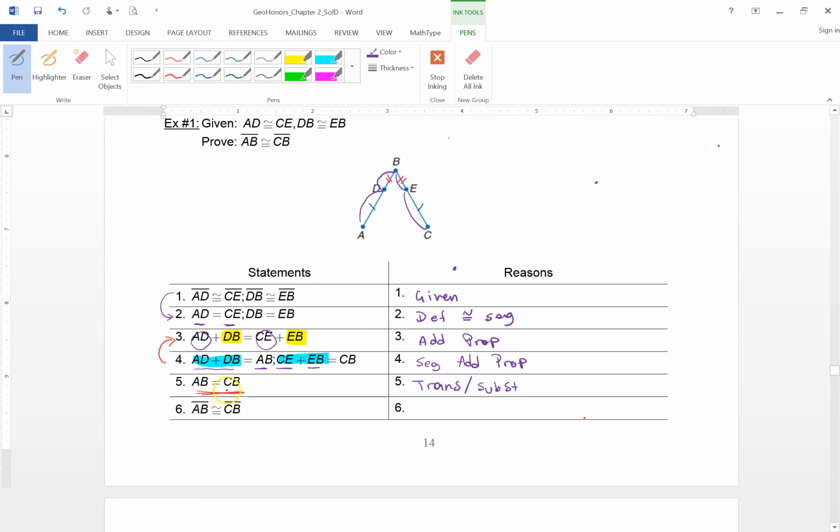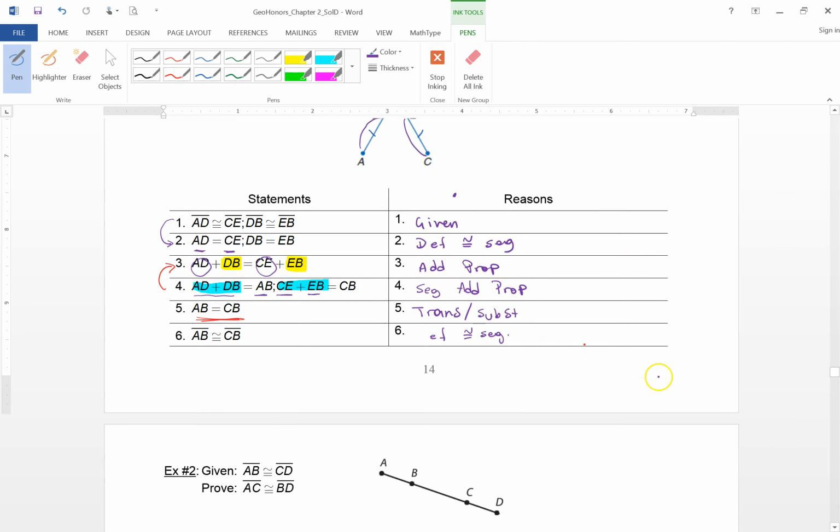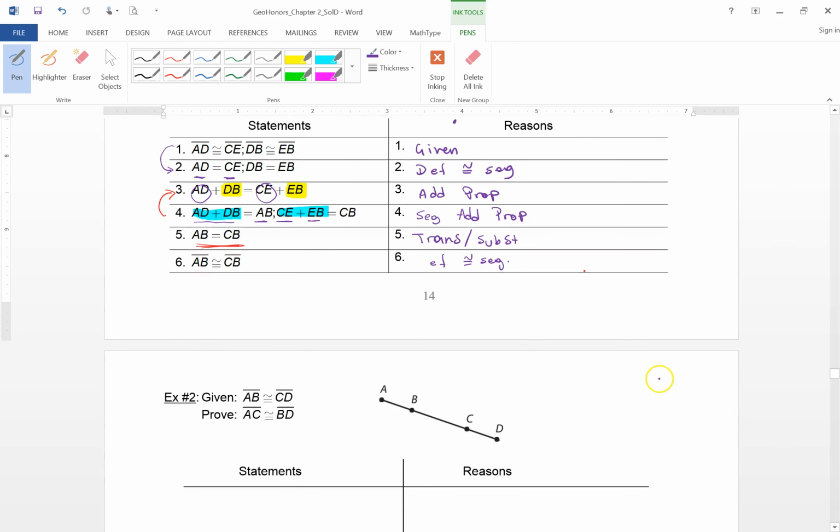Now, if AB equals CB, does that mean that AB is congruent to CB? What's the reason? Nice. Yes, you can repeat reasons. You can repeat reasons, definitely. All right? Nice. So the next one,